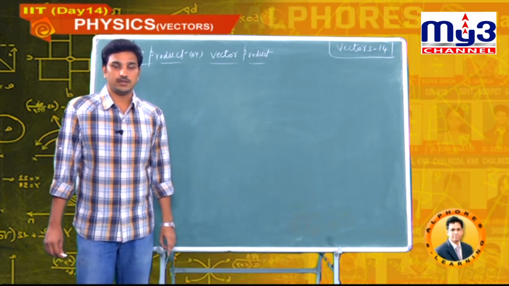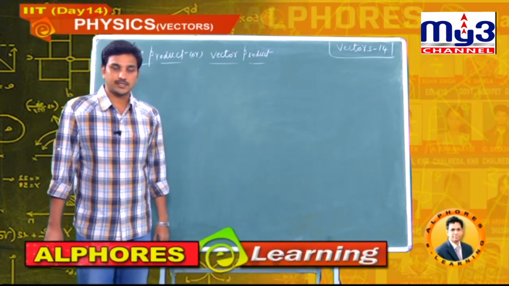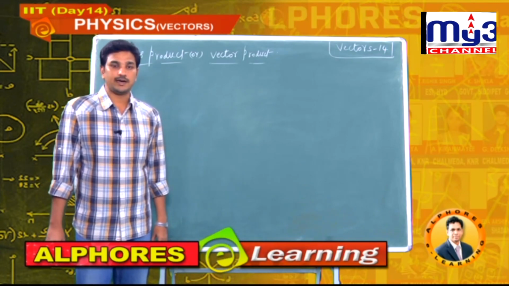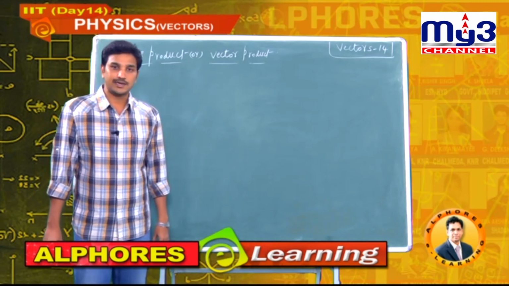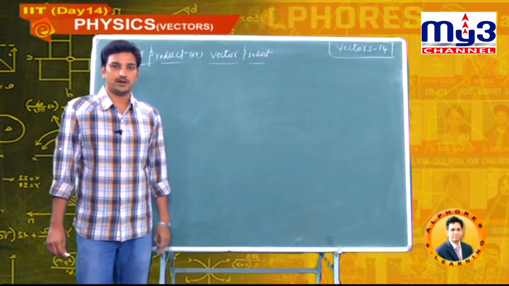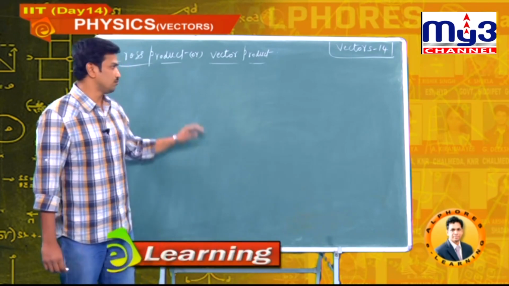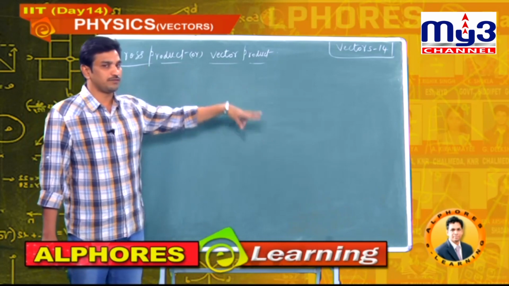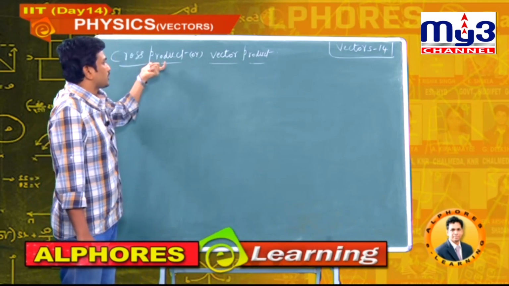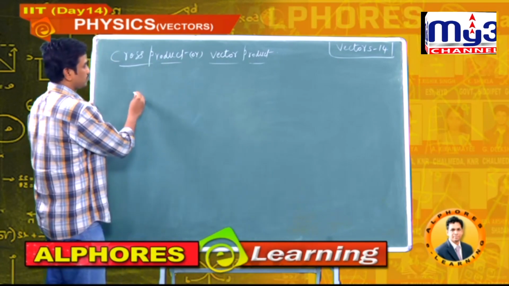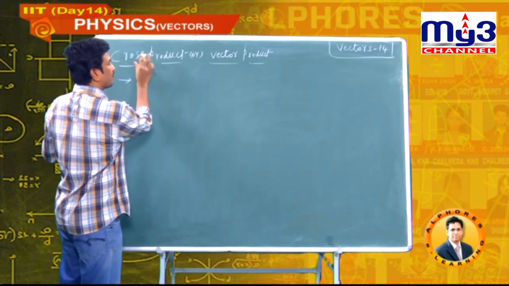And one more, especially in second year electrodynamics, electromagnetism and EMI, to calculate the force acting on a charged particle in a magnetic field and to calculate the induced EMF across a rod when it is placed in a magnetic field. So this cross product we will use in physics, and the dot product also we will use in physics. What exactly is the meaning of the cross product? First point, I will try to write the meaning of cross product.